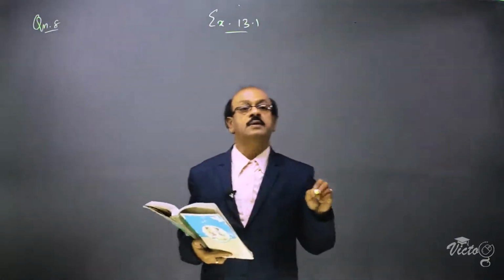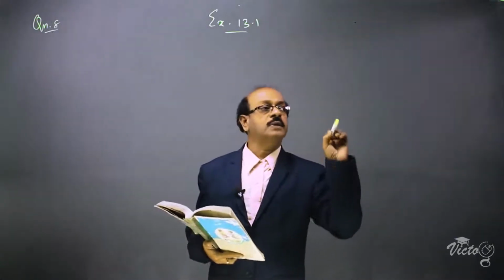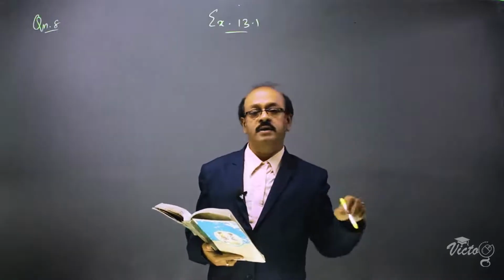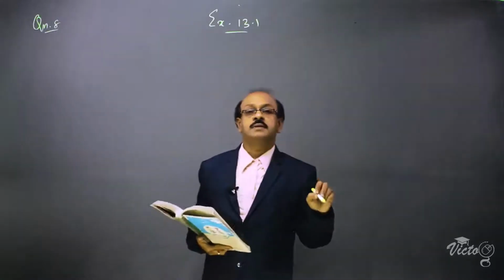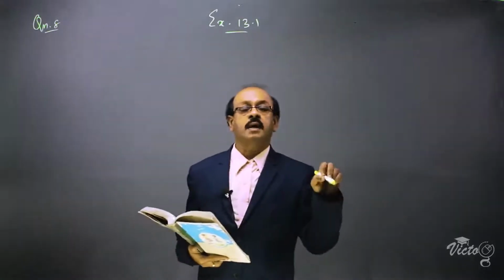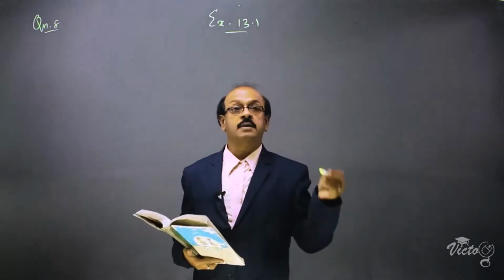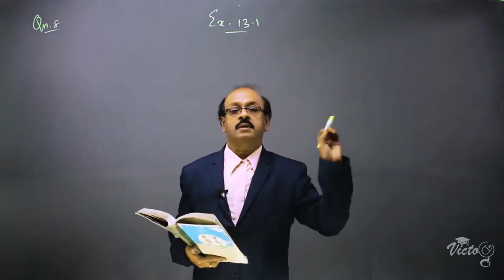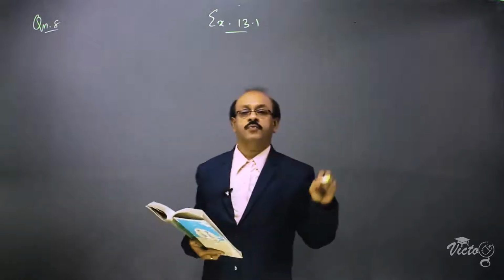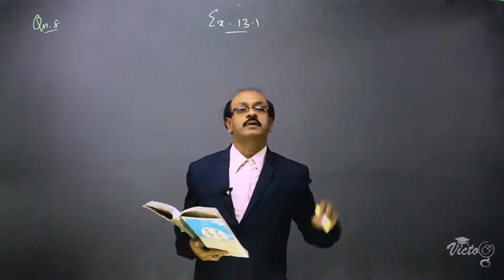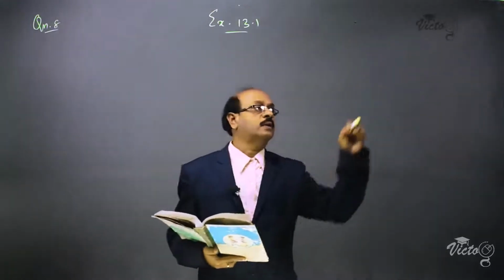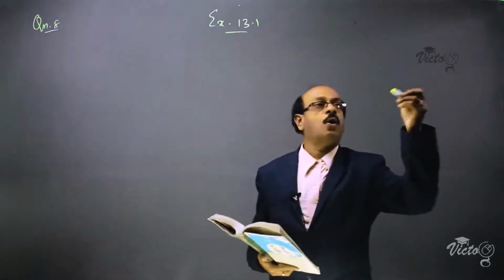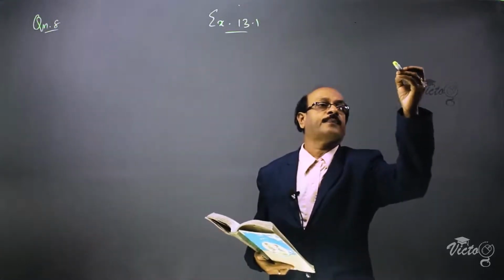The question is, there is a cylinder whose diameter or radius and height is given. From this, of same height and same diameter or radius, a conical cavity is cut out. Find the total surface area of the remaining solid. This is the question. So, we are drawing a rough sketch of the given figure.